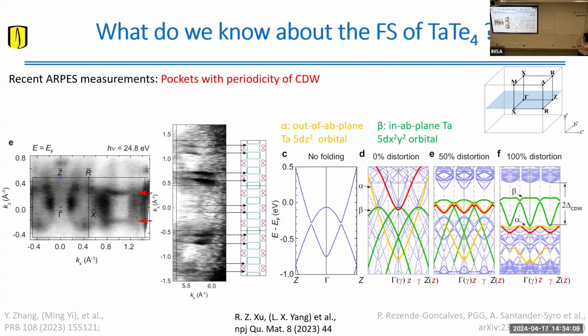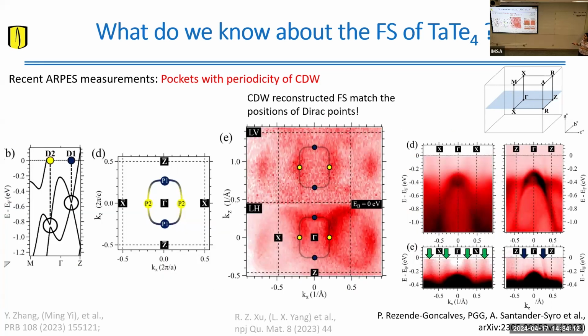So it's quite complicated. For the analysis we performed, we realized that these points in which you see these additional spectral weights, which are the ones in which the charge density wave is reconstructed, are actually right at the positions in which the Dirac points project into that surface. So they are the positions of the Dirac points, which makes me wonder whether that spectral weight is a reconstructed Fermi pocket, or some surface states that you see there right at those positions. What are those? So these are nice open questions for this compound.